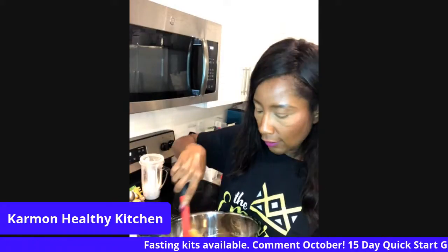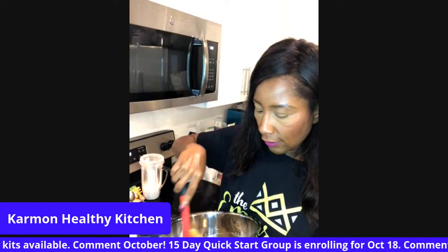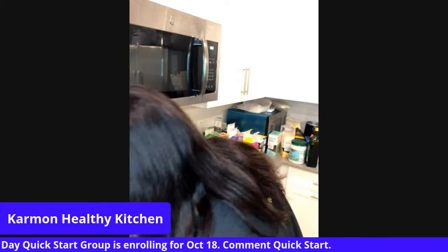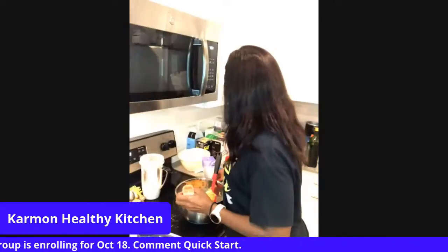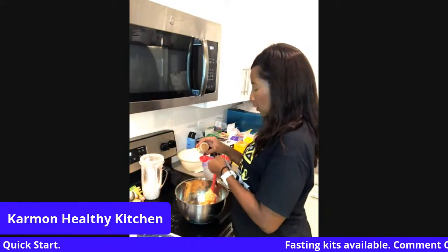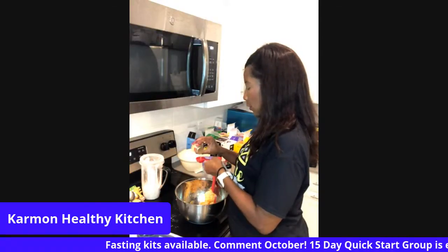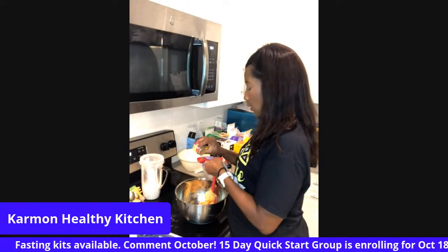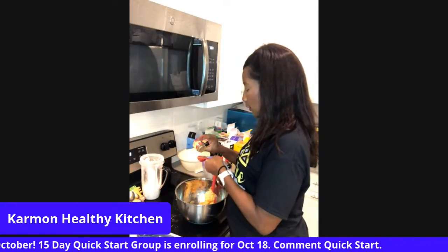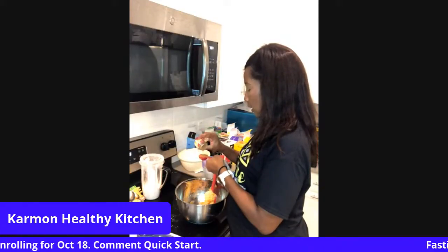Oh, this is going to be so wonderful. I forgot. So we need 1 tablespoon of pumpkin pie spice. I'm actually going to dip it up a little bit more because we have that sticky syrup in here. So some of it's probably going to get stuck in the bottom, so we'll let it go a little bit over for the stuff that's going to get stuck in the bottom